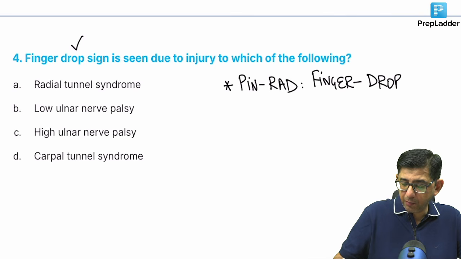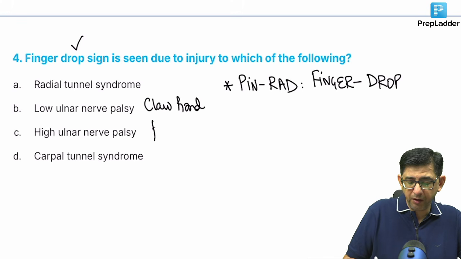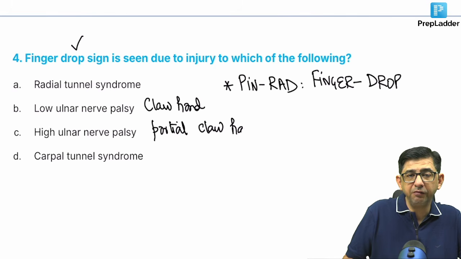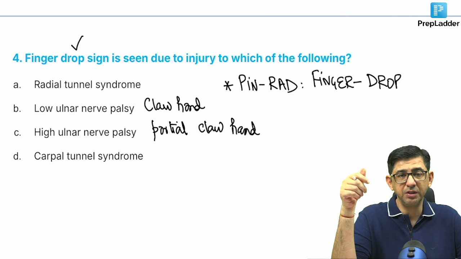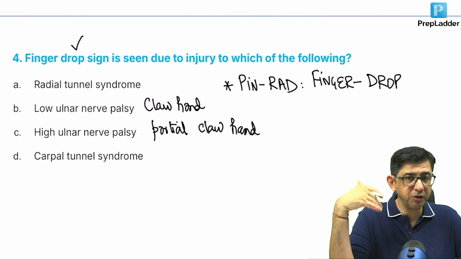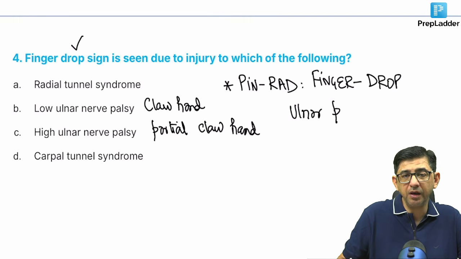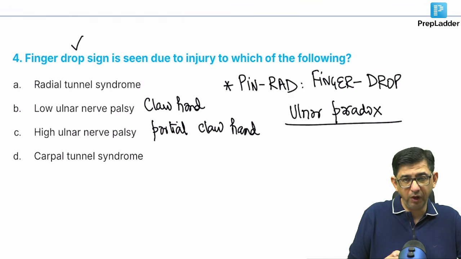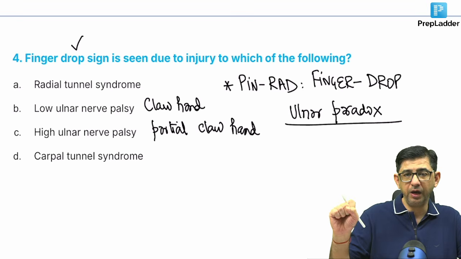Then is low ulnar nerve palsy. Low ulnar nerve palsy will contribute to development of claw hand in a patient. When it comes to high ulnar nerve palsy, then also claw hand will occur, but it is a partial claw hand. The surprising thing is that whenever there is an ulnar nerve injury, a distal part injury results in more severe manifestations as compared to a proximal part injury. Normally, a proximal part injury should cause more manifestations. So we also call this ulnar paradox. What is the ulnar paradox? That the injury should be occurring proximally to cause more severe manifestations. But with respect to the ulnar nerve, if the injury is proximal, you get less severe manifestation in the hand as compared to a distal injury. That is a low ulnar nerve palsy.